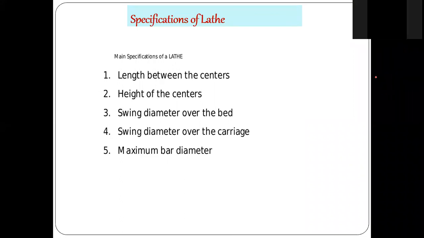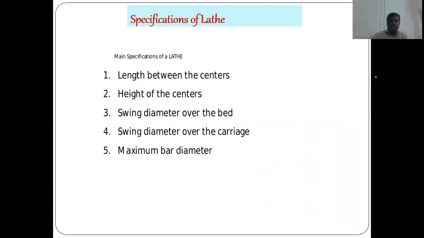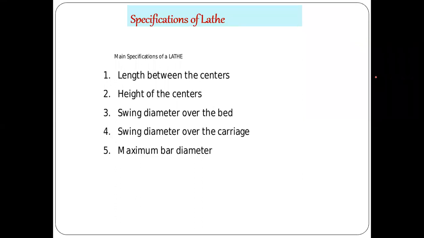Height, length, yes, height, weight, diameter. All these things are called specifications. So why are these specifications required? So specification is to fit in the machine. Yes, tell me. To fulfill the requirement, meaning fitting in the machine. Exactly, to meet the requirement.